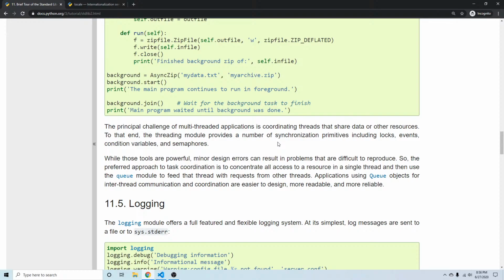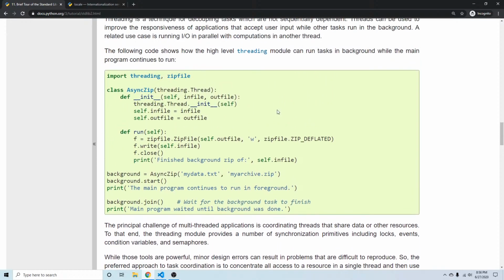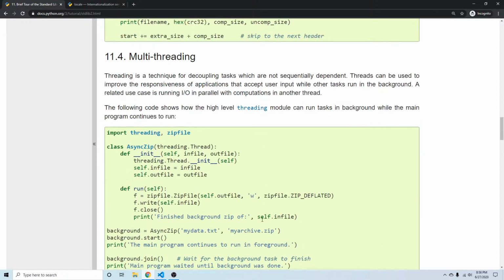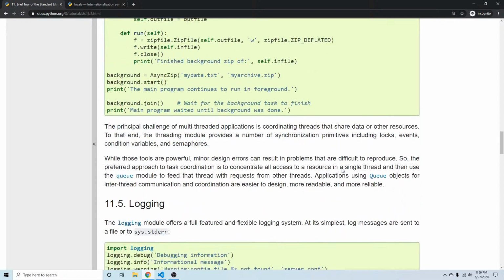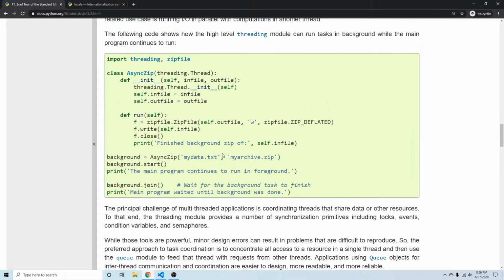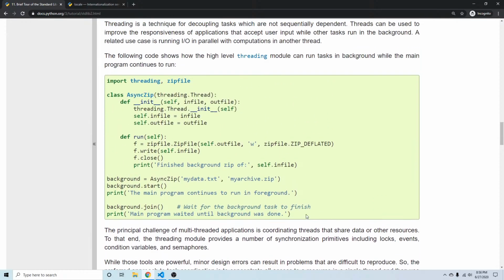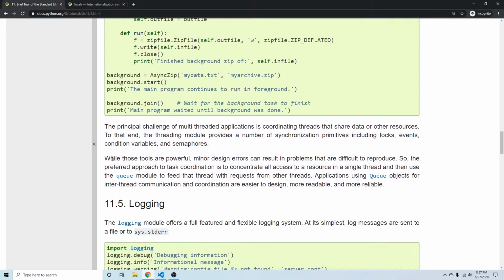It's saying here that with their threading objects, they have functions that allow you to handle handshaking between threads. This is important to know about whenever you're writing a huge program that's doing a bunch of things in the background, but we're not doing that. So